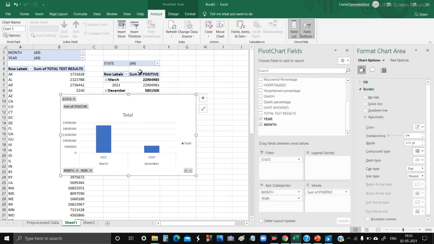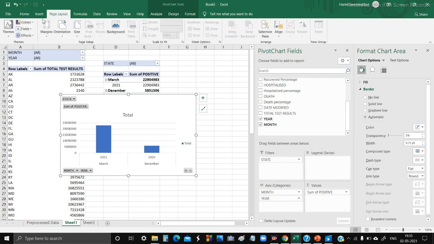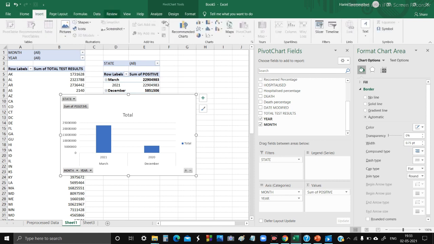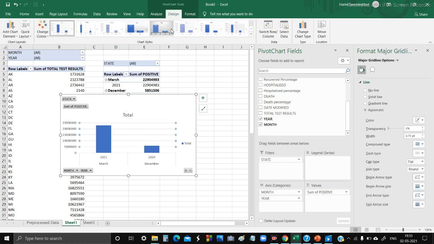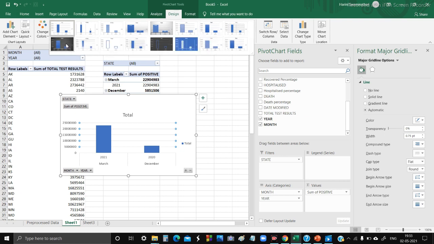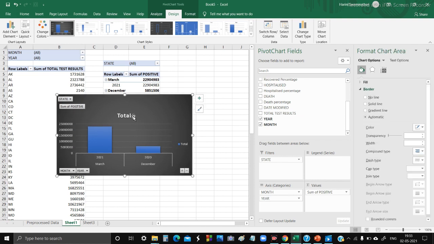Click OK and then design your chart however you want to make it look like. Change it to positive.